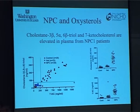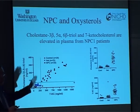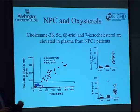Now, if you look at the concentrations of these sterols individually, we get very good separation of the groups here with this